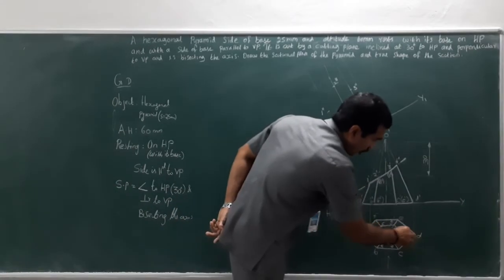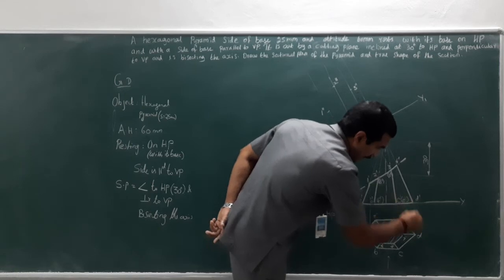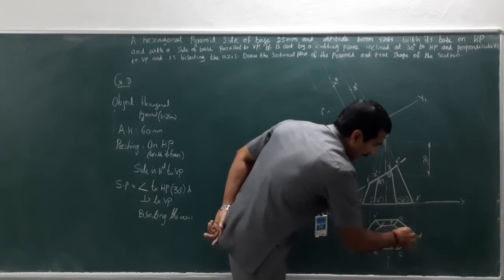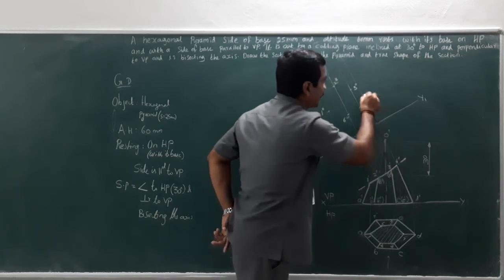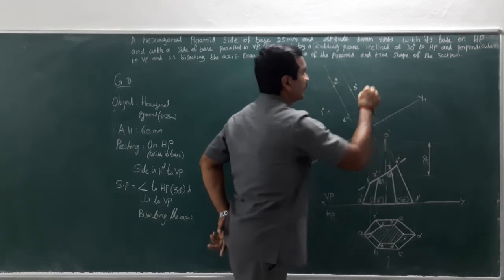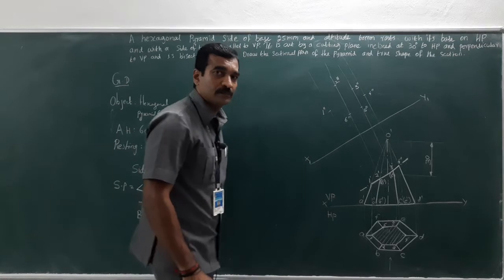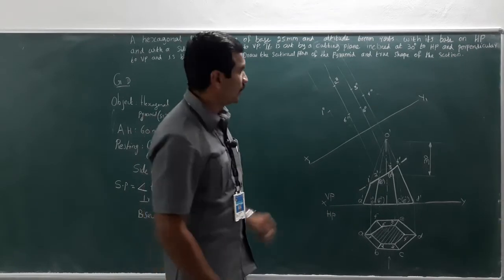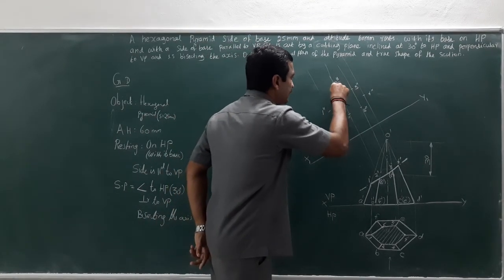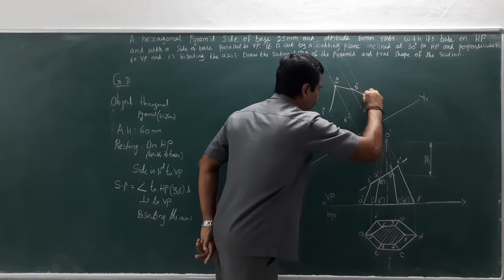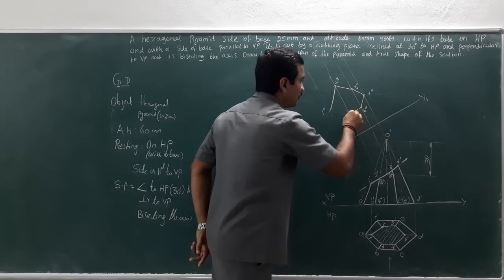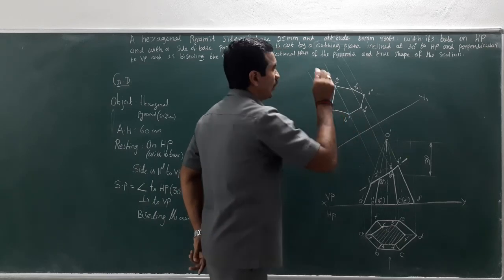Now for 4, measure it from the reference line to 4 with a compass and look at where it goes. From the new reference line, cut an arc, which is nothing but 4 double dash. Now by using a scale, connect all the edges: 1 to 2, 2 to 3, 3 to 4, 4 to 5, 5 to 6 and 6 to 1.